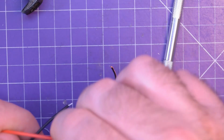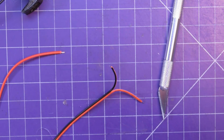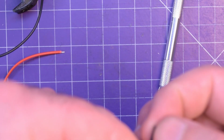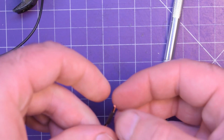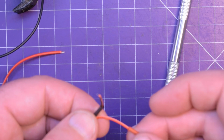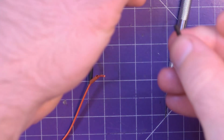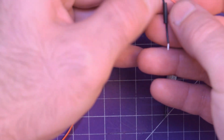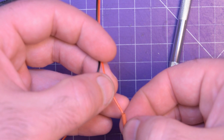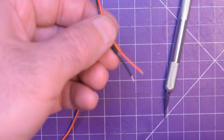And then I can bring these in, put a touch of solder on both sides, and then touch them together and solder them together, but not before I put on some heat shrink. I've often forgotten to put heat shrink on, and I won't soon stop forgetting. Like that. Like that. And like that. This is just some cheap heat shrink tubing I had in stock,